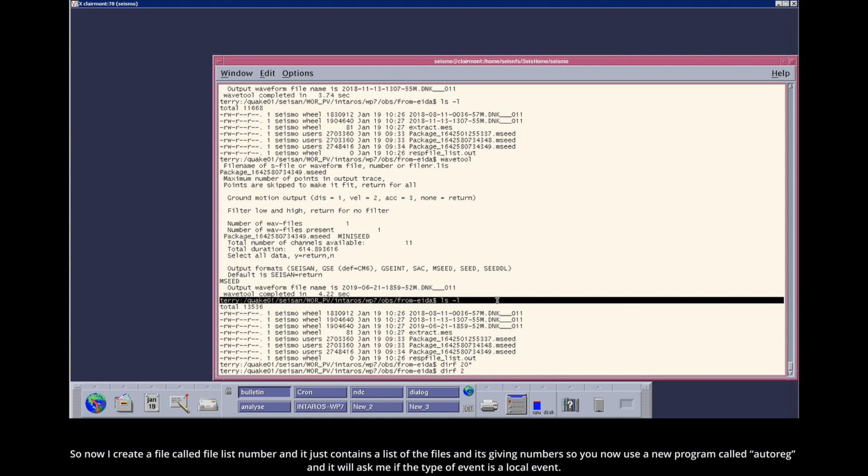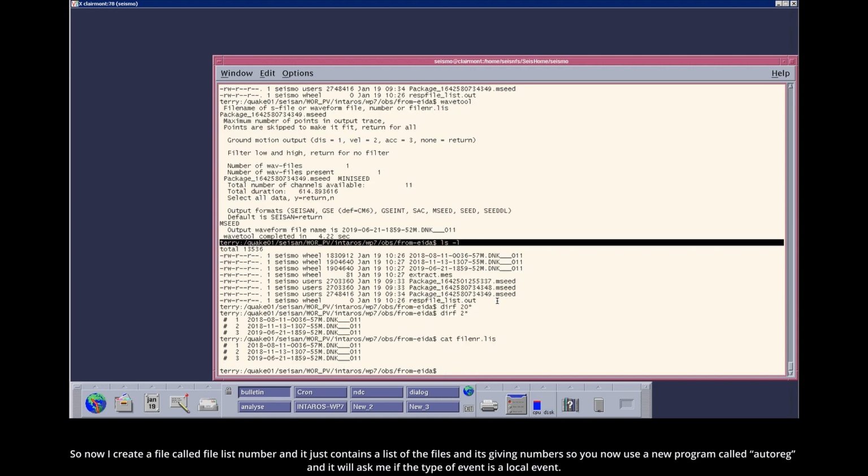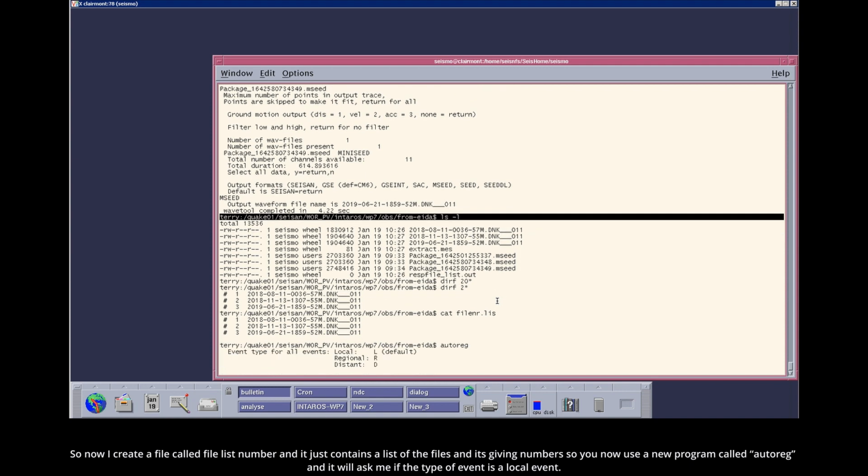Oh, I made a typo, like this. Okay, so now I get a file called filenr.lis, and it just contains a list of the files, and it's giving numbers. So I will now use a new program called autoreg, and it will ask me if the